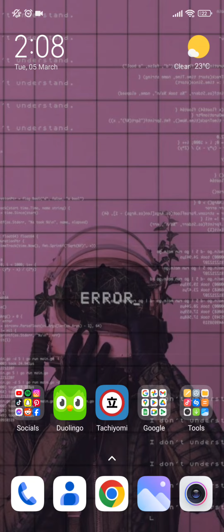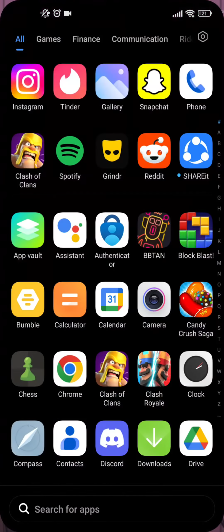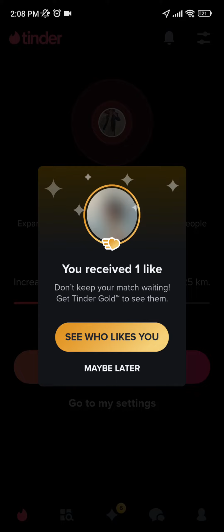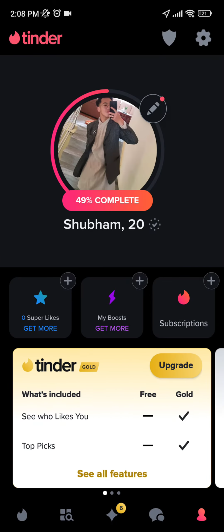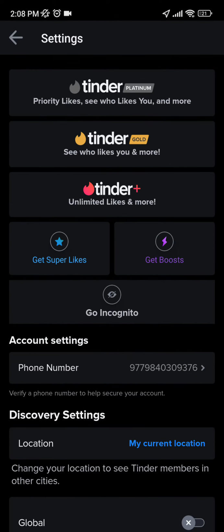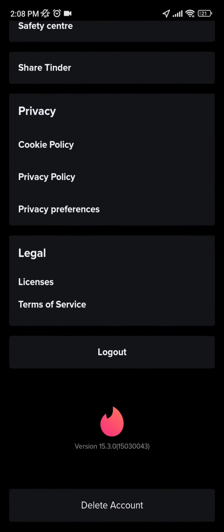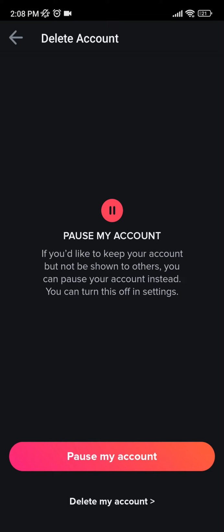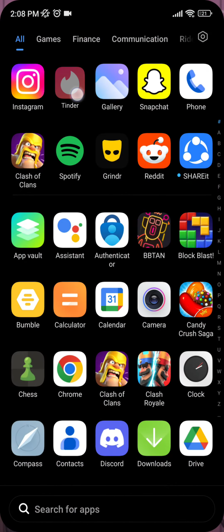Today I'm going to teach you how to refresh your Tinder swipes. Now, first of all, go to your Tinder app and, as you can see here, go to your account and go to your settings, and after that scroll down and click on delete account. After you have deleted your account, uninstall the app